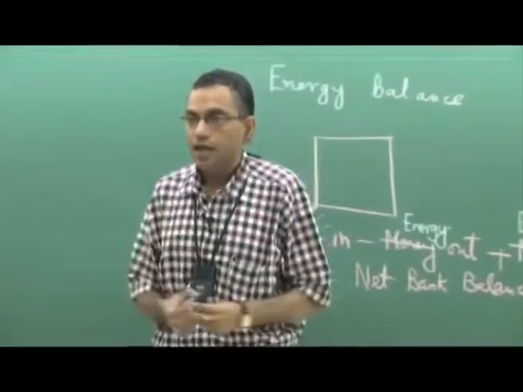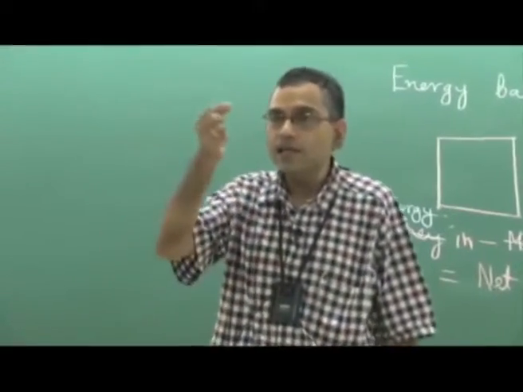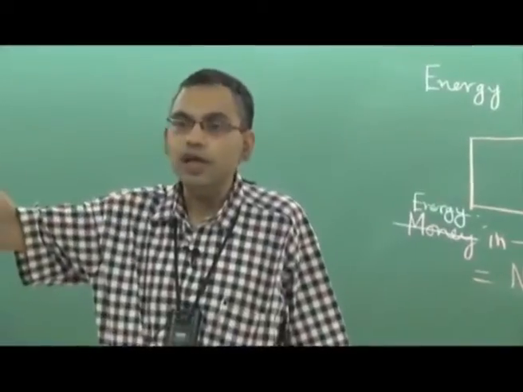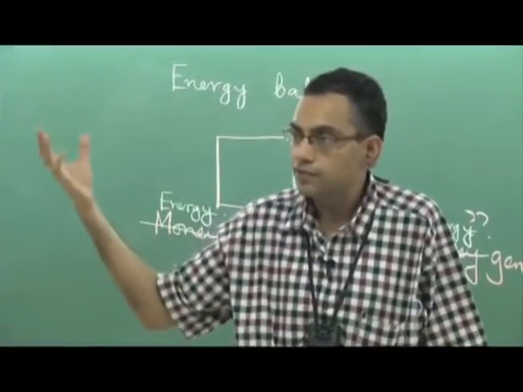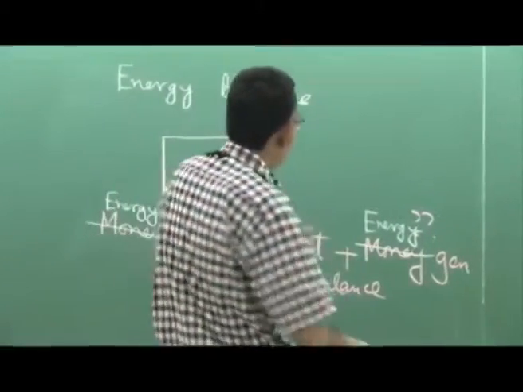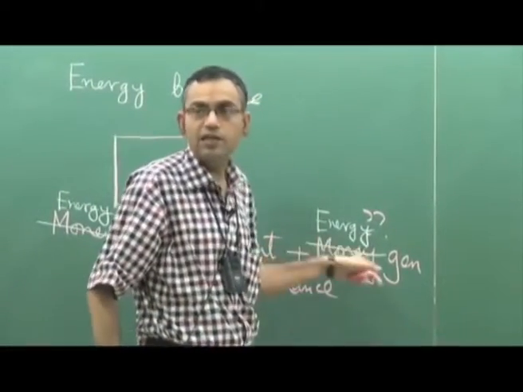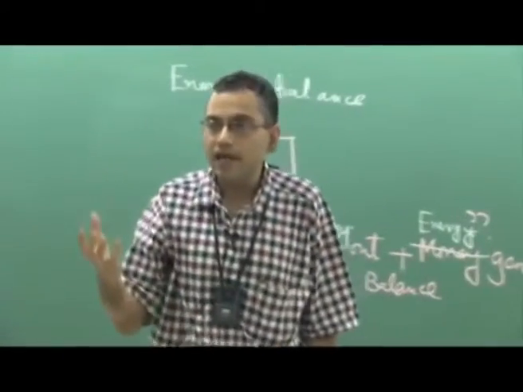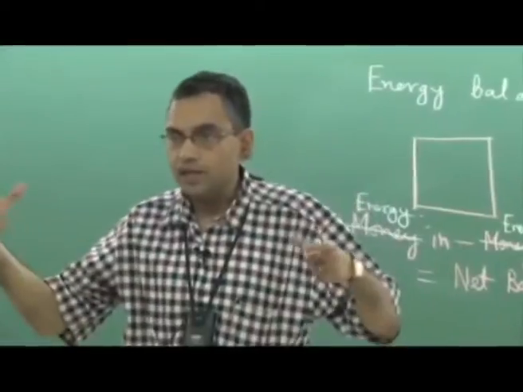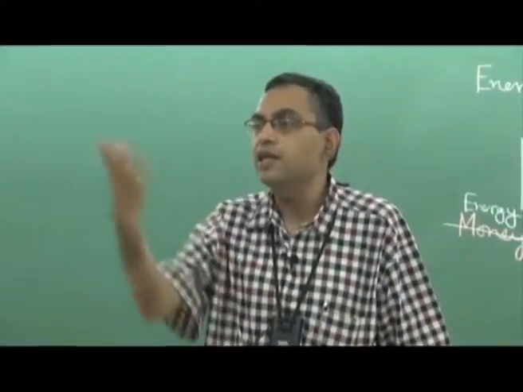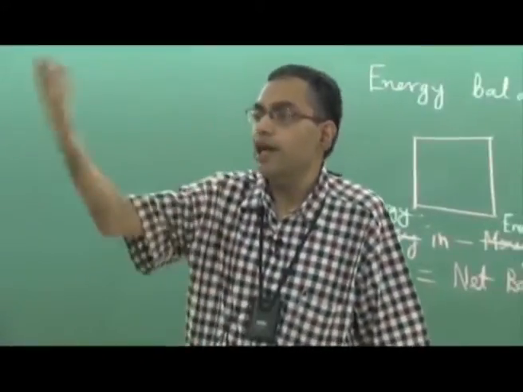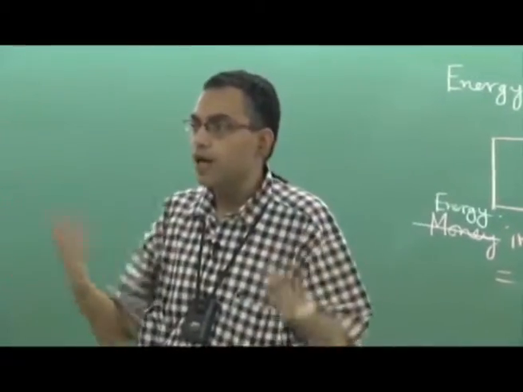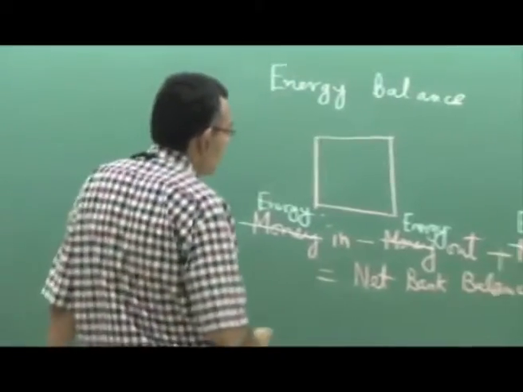Let us say that in a system there is an electrical wire and current is flowing through the electrical wire. When current is flowing through the electrical wire, there is a heating effect because of Joule heating, I squared R. That is an example of what we mean by energy generation. Or in a combustion reaction there are reactants and the reactants combine together to form a product and then there is a release of thermal energy. That is another example. Or there may be a nuclear reaction. So there are various possibilities by which you can have energy generation.